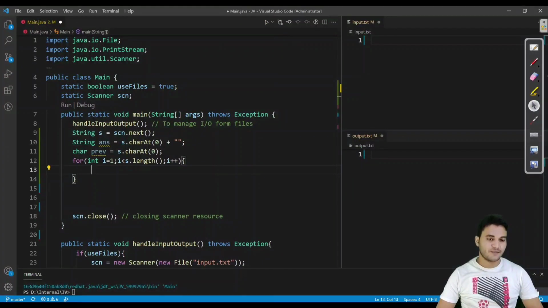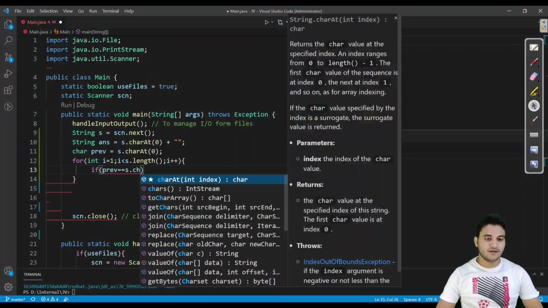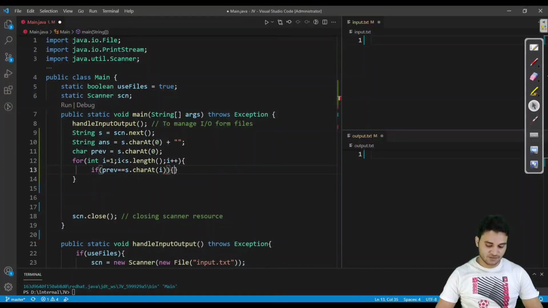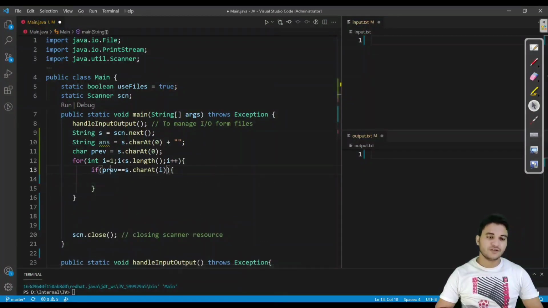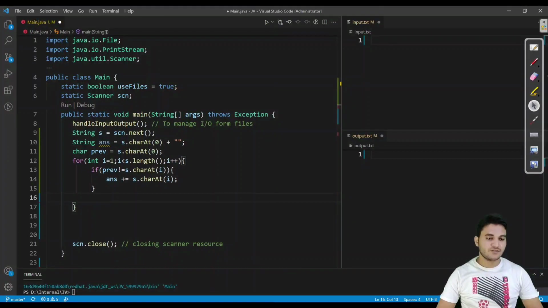We'll check if previous is equal to the current char, so that is s.charAt(i). If it is equal to this, then we will not do anything. If it is not equal to this, then we'll append the current character into the string, s.charAt(i), not 0, at i. And whether it is equal to previous or not, in any case we will be taking the current character into previous, so that we can